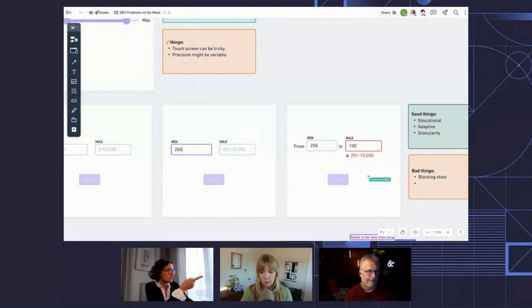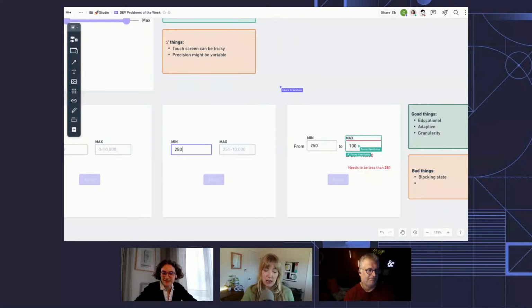Yeah, and you know what I'm just realizing? This is actually pretty bad because I might be in the middle of typing 1000, and then the system would tell me I'm having an error. That's something I think we've written before: wait until they're trying to submit before telling them they're wrong. Don't assume they're wrong. Now I see that this is doing that